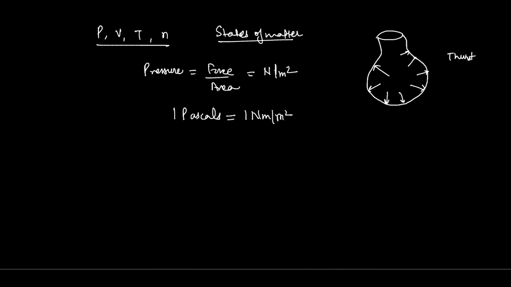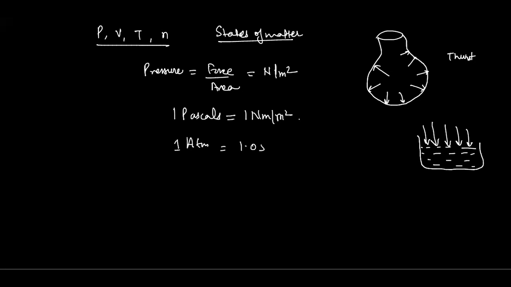And that is approximately equal to, if I'm talking about atmospheric pressure. So what is this atmospheric pressure? Atmospheric pressure is the pressure exerted by the atmosphere on every surface of any object. Our body, any liquid, any substance, any solid is going to face that pressure. That is called atmospheric pressure. And the value of 1 atm is equal to 1.01 into 10 raised to the power 5 pascals, or you can write it as Newton per meter square.